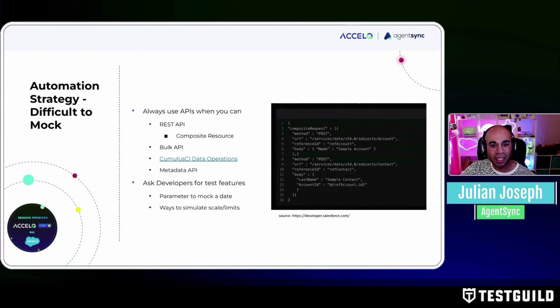And then I also wanted to highlight just another feature of Cumulus CI, again, on the DevOps side, allowing you to do some more advanced data operations, even things like generate, through a tool called Snowfakery, some fake data and deal with things like fake names and fake email addresses, things like that at scale, so that you can, again, color your environment and make it more realistic to be like your customers or like your end user. Also want to look at asking developers to assist with creating features that will help you to mock